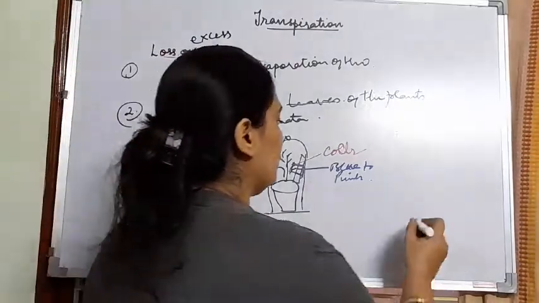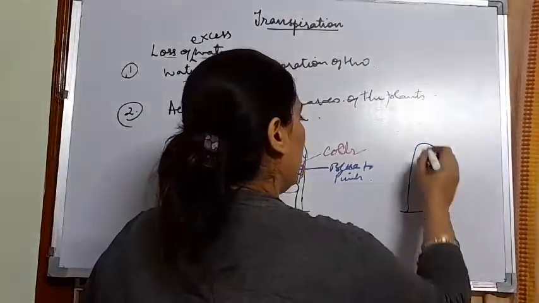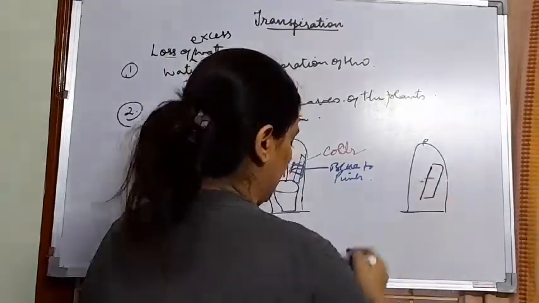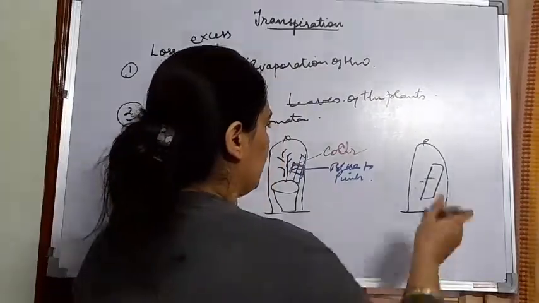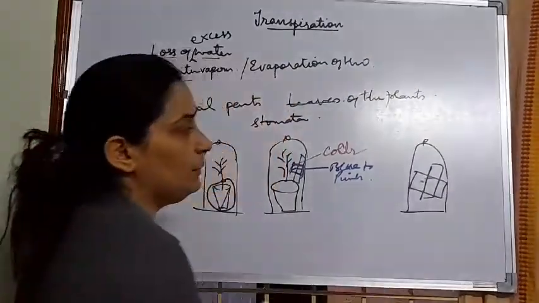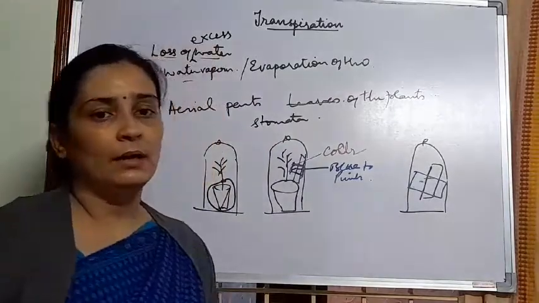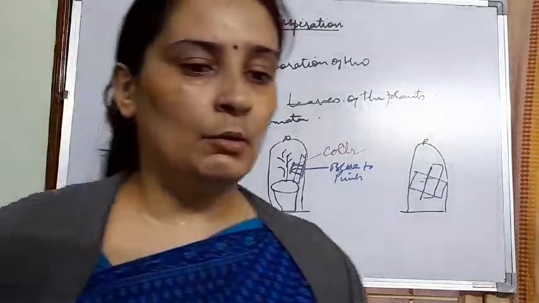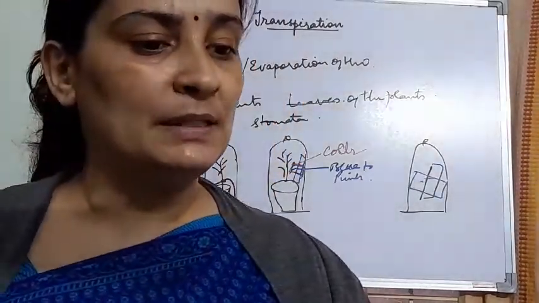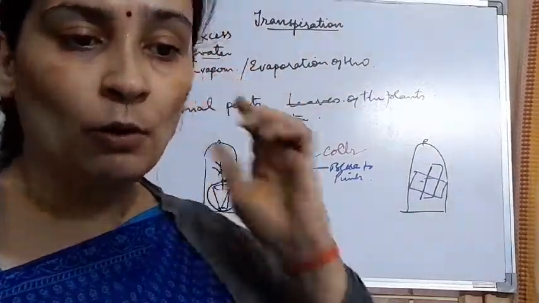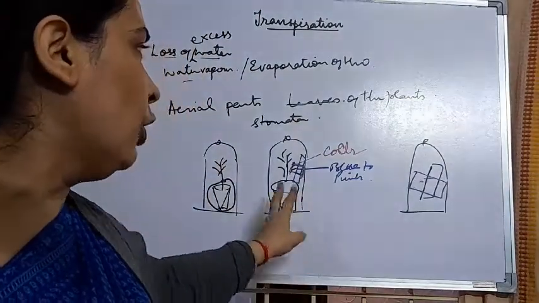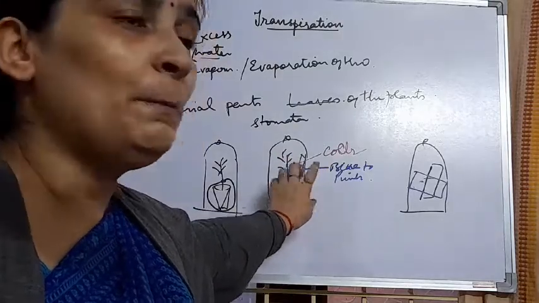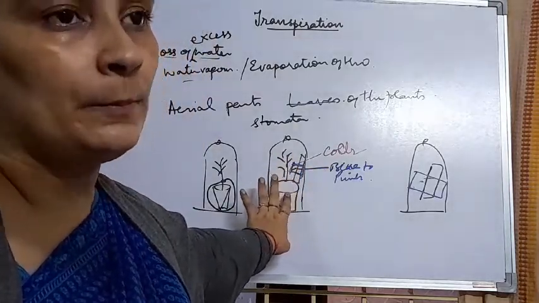Similarly, if you see the third experiment, there is another bell jar, and in this only the glass slide with the cobalt chloride paper. So there will be no change. This can be considered as the control experiment. Okay, so step B, what is given in the book, you can see from here, another example, a similar plant. We have kept a dry cobalt chloride paper in addition to it. And what we observe, actually, the water which is lost, the moisture, this proves the presence of moisture in this bell jar. Are you getting it?